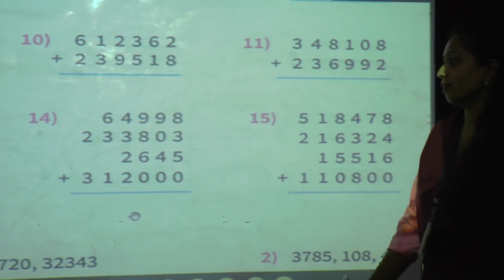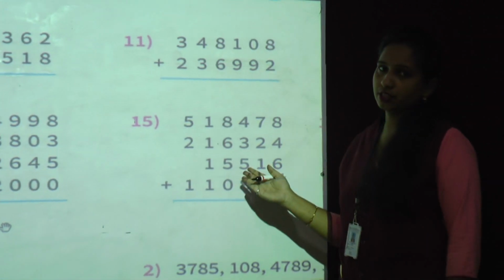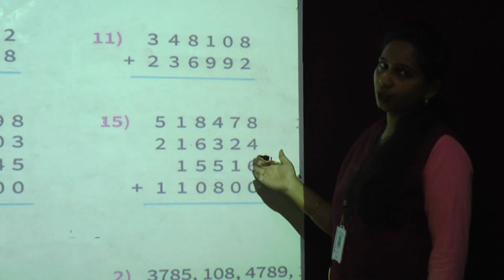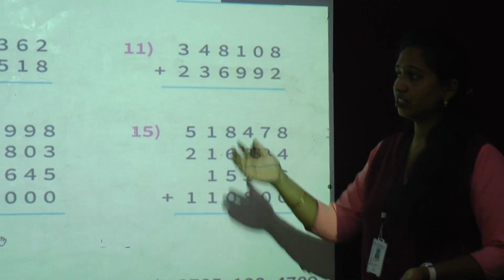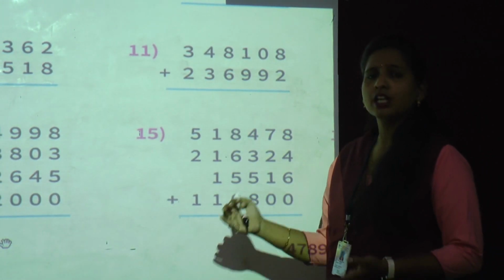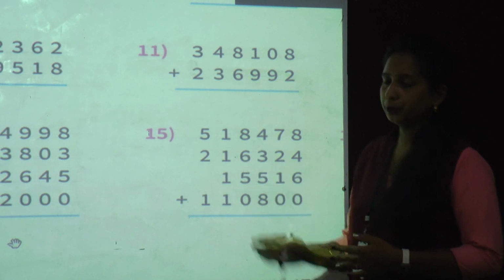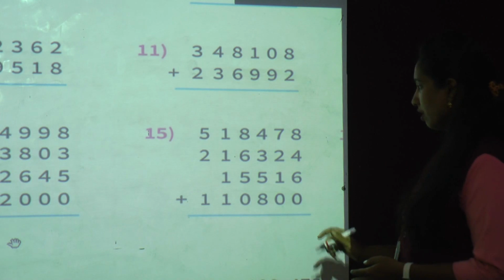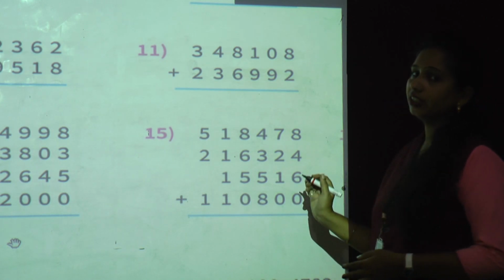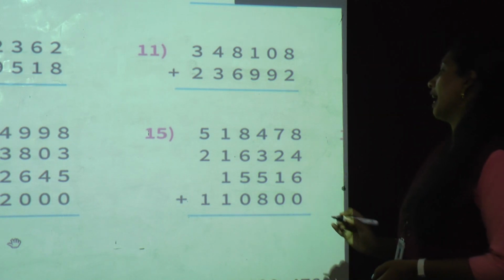What is the 15th one question, students? So now this question I will solve by counting the fingers, because some students don't know direct addition. You just keep trying. When you try, you can do in the same way. Most of the students know direct addition, but here I'll go with the fingers. Now here these 4 numbers we have to add together.